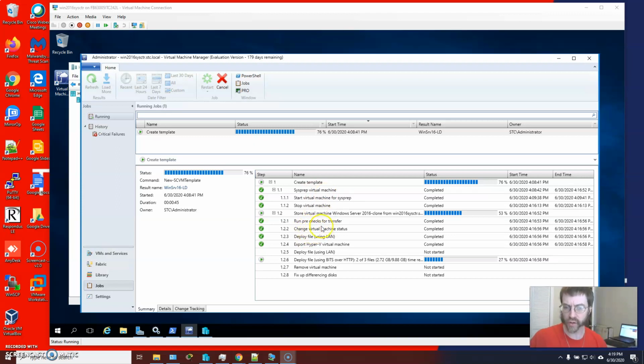It's been working on setting up the virtual machine status, deploying a file using the LAN. Technically speaking, it's not really going across the LAN. It's essentially treating this like a network transmission, even though it's on the same local machine, because it's fundamentally a network-based application. I'm tying into localhost, port